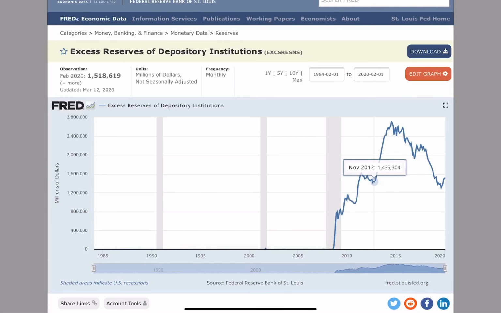Okay, and the thing is that the reason why this is happening is because since 2008, the Fed has paid interest on reserves banks keep in accounts at the Fed. So there is that caveat to why this has happened. Also, banks have been a little pessimistic about lending too much out because they